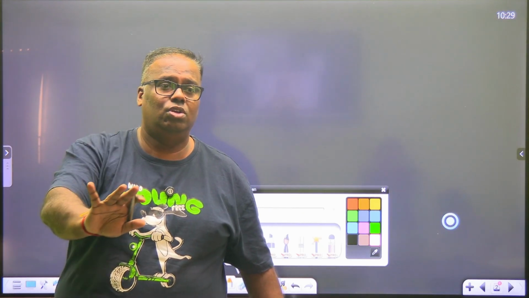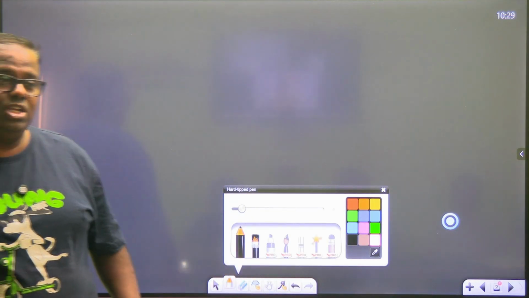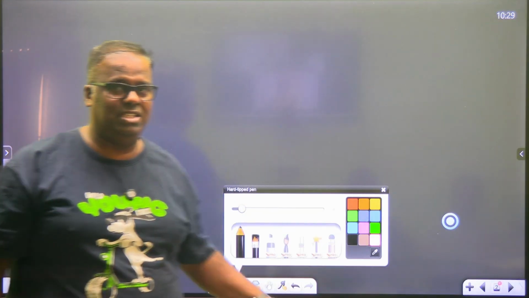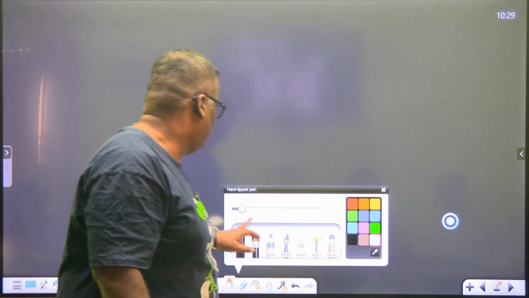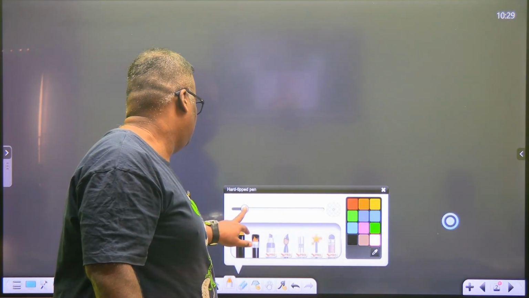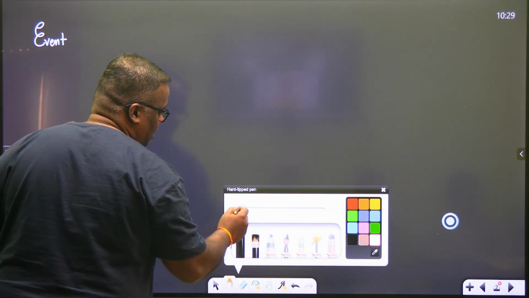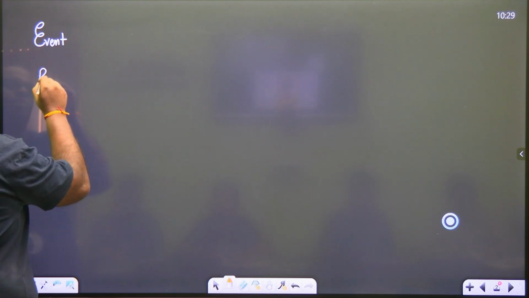What changes is how you apply this formula as you go to higher classes. This time it will be easy application of the formula, but slowly what will change is how you apply the formula to solve problems in higher classes. So suppose there is any event. That event can be anything, like what is the probability that so and so, that we call an event. So the probability of any event, we say probability